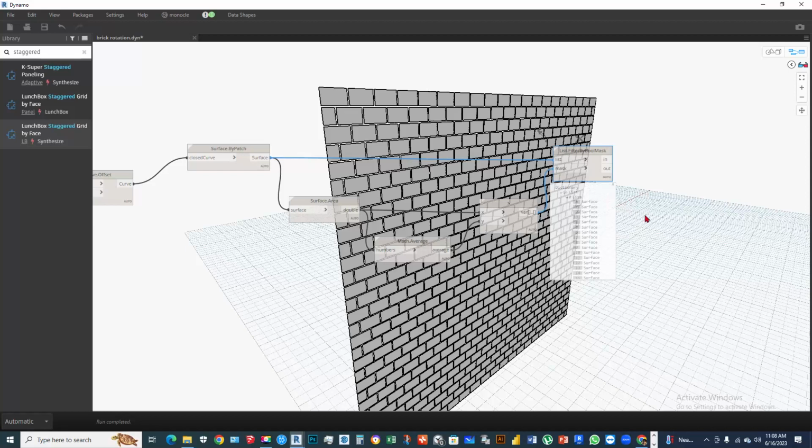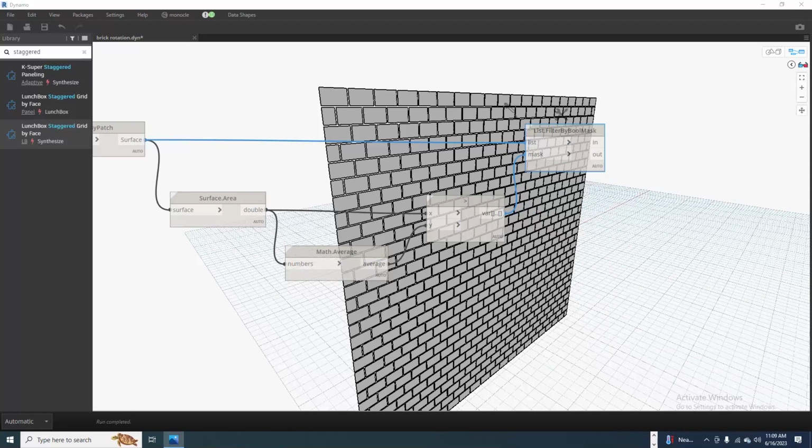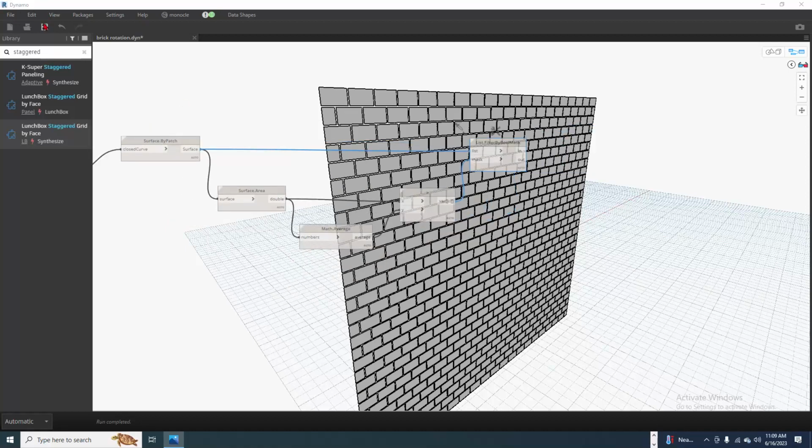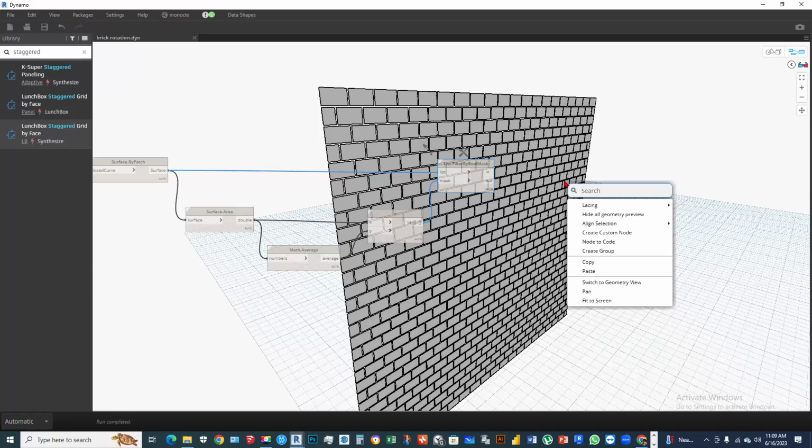You can see there is an in list and an out list. So save this script. After this boolean mask, we need a new node, surface point